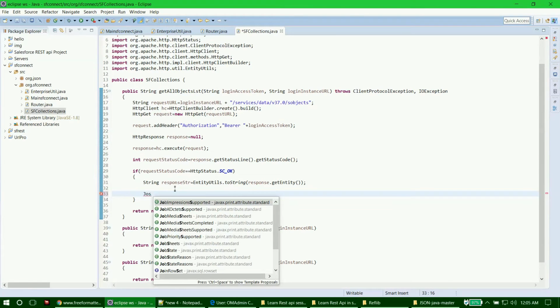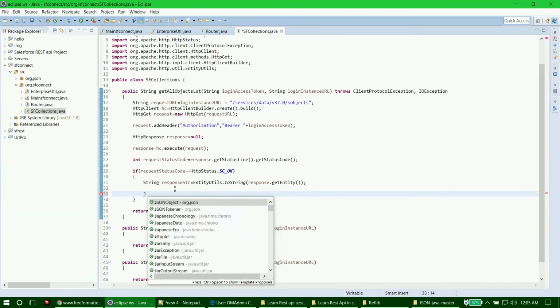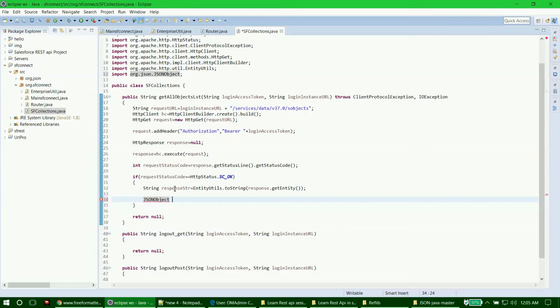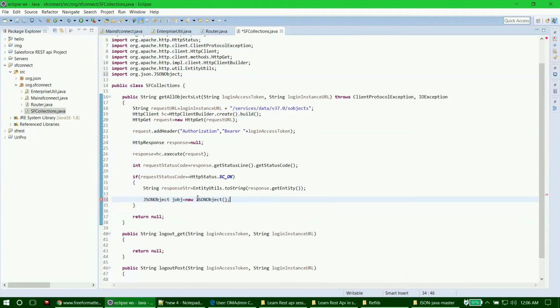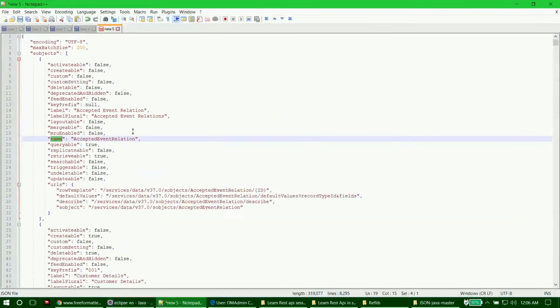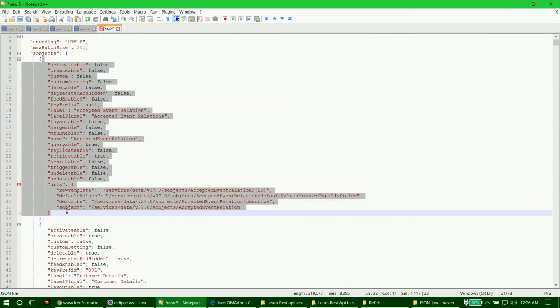Now we will be working with this response string, where we'll store the response. I mean, we'll convert the response string into a specific JSON object format by using this method, JSONObject. Then we use the response string, and here, it has now been converted into a JSON object. Now we'll be working with this JSON object. Okay, now we need to access this